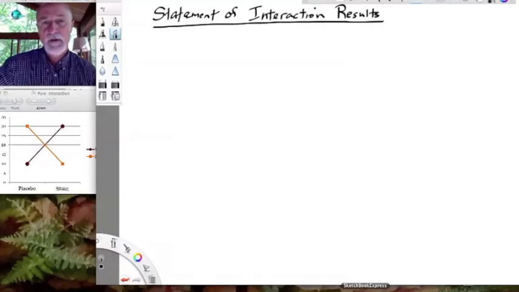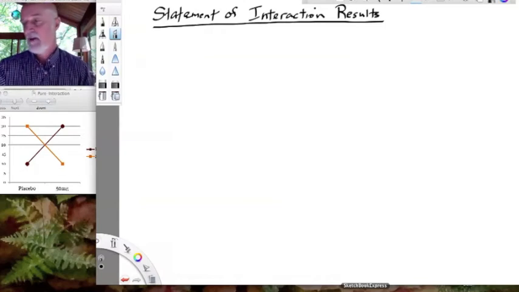So today's lesson is about how we go about stating interaction results. So we've designed a multi-way analysis of some factors, two or more factors, and we have a two-way analysis of variance, let's say, for example, and we get a significant statistical interaction between our two factors. So in our ANOVA table, the factor 1 cross factor 2 interaction is statistically significant. So how do we go about stating those results in a results section of a paper that we might write